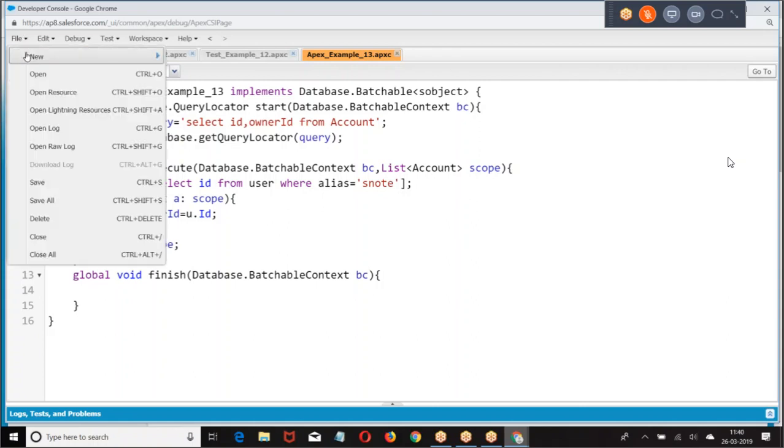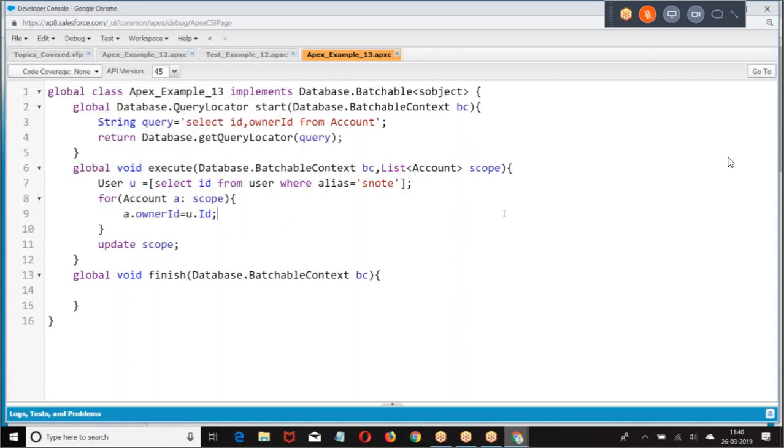First, you are supposed to create test data.